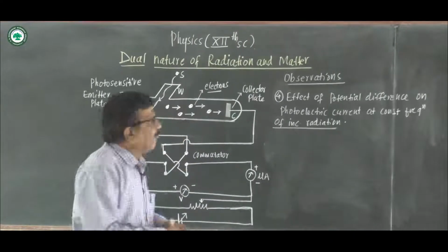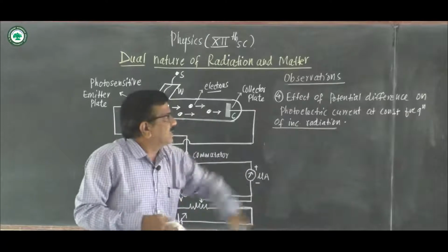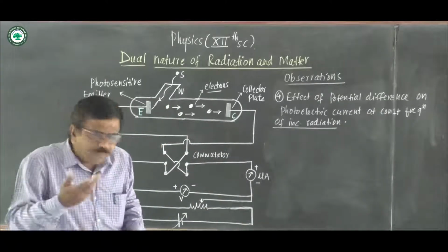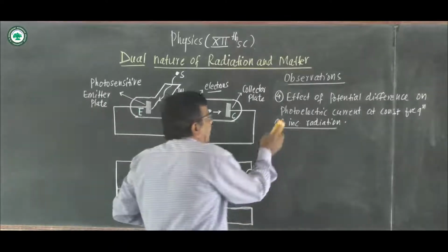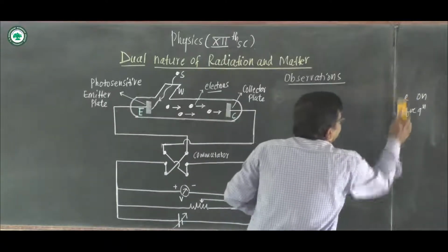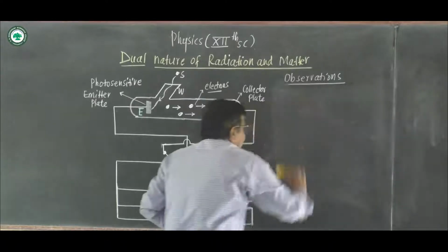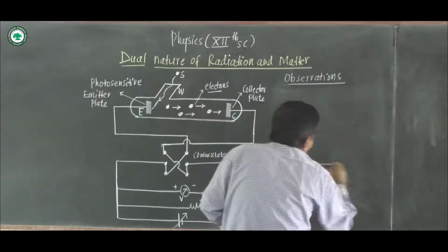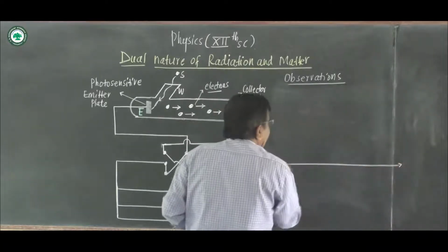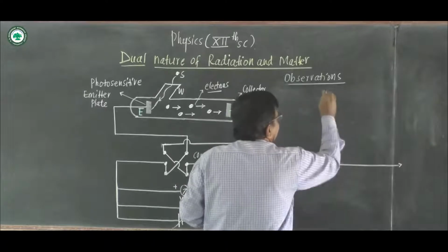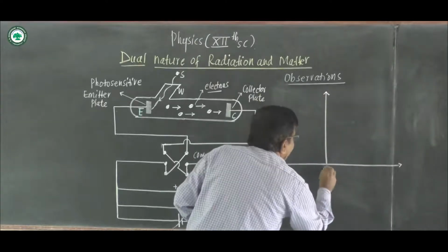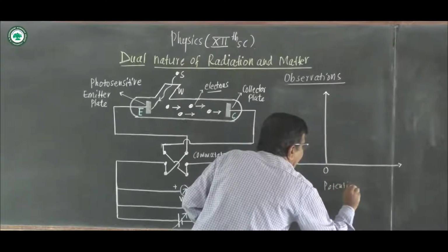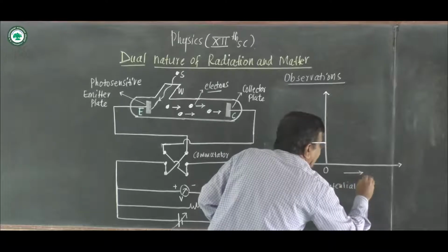If we plot the graph, from the graph we can explain this concept, that is the effect of potential difference on the photoelectric current at constant frequency of incident radiation. With the help of the graph we easily explain this concept. Suppose this is the potential axis. Here there is accelerating potential towards the right,